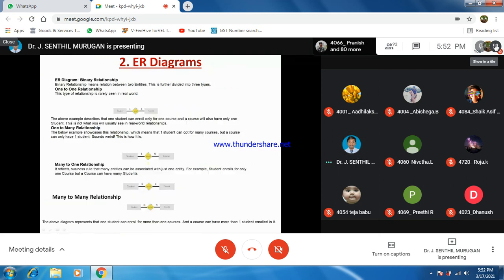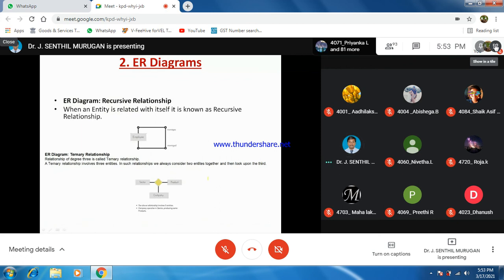Then relationships: one to one, one to n, many to one, and many to many relationships, as well as ER diagrams. These are the simple things we are going to see, then we will discuss them in the later session.